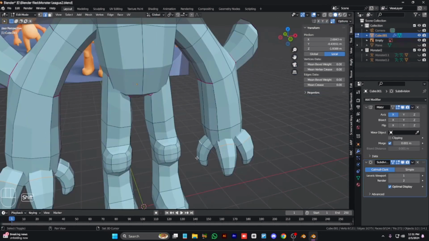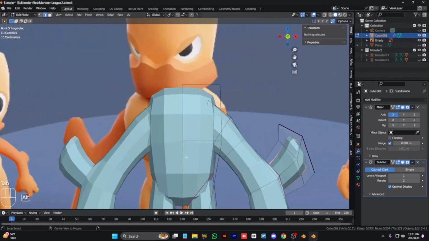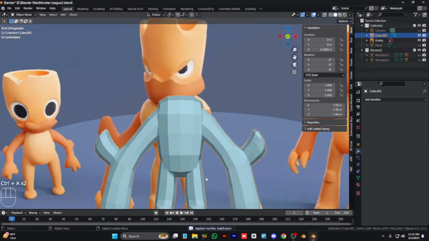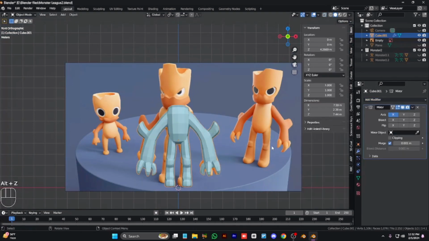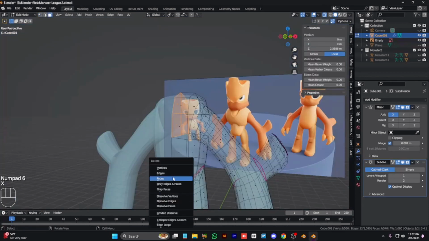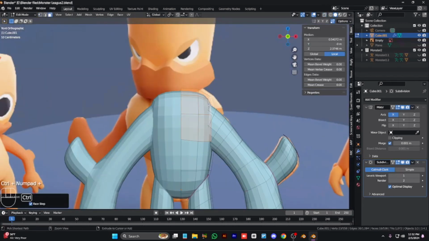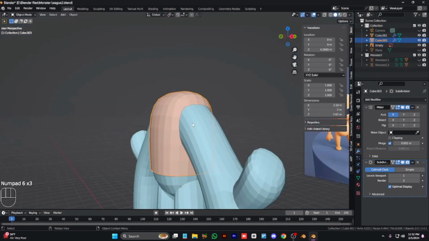Now we need to duplicate this part right here, or we can mean crease it for better result, but it doesn't look good, so I did it. Okay, now we need to apply the modifiers and delete the half for it and add another subdivision modifier and add another mirror modifier. Now duplicate this face, this loop right here and duplicate it